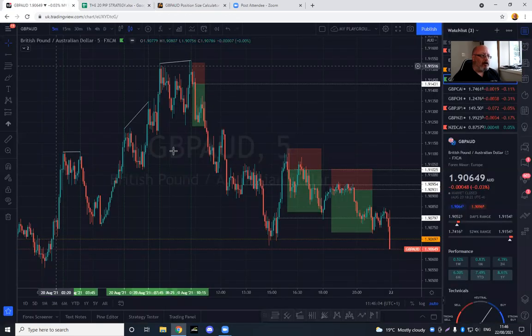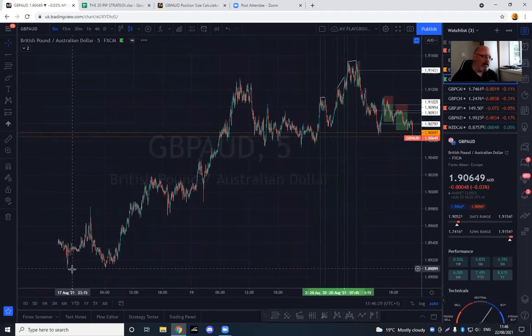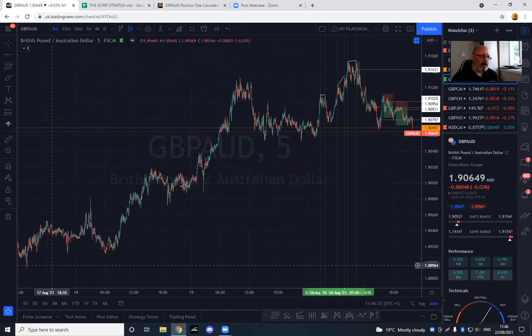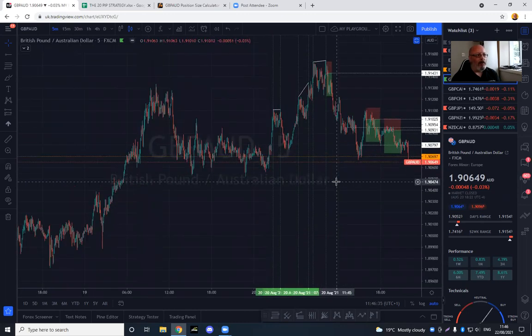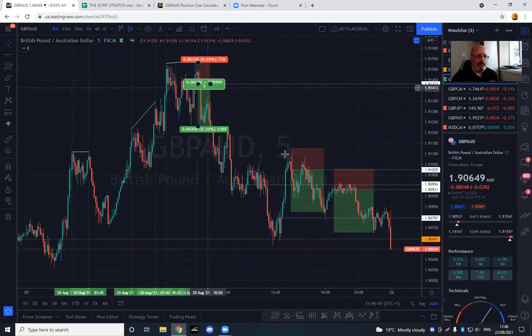So again, back to the chart, no setups here or here. Well, potentially there was a setup here, which is why I've got this line here, and potentially one here, but actually on both of these occasions I was not going to take a trade based on some other indicators. On this pound Australian dollar, you can see that for a while this has been in an uptrend. So it's been going up, up, up, up, up. And we were looking for a potential reversal, which means that price is going to start coming down. So I'm only looking for